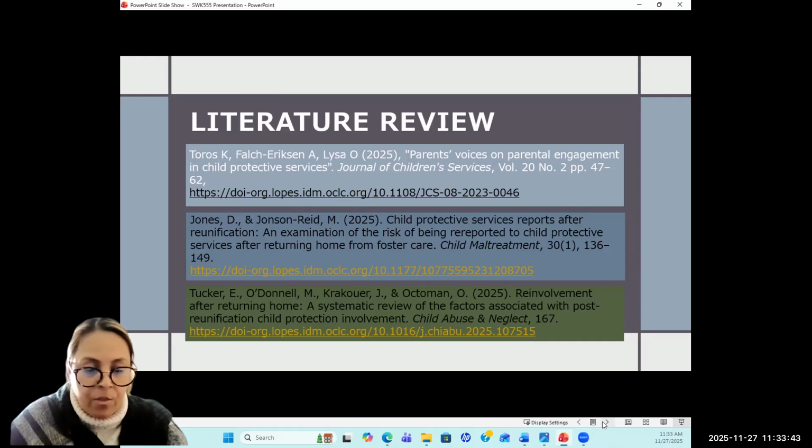The three articles that captured my attention are Parents' Voice on Parental Engagement in Child Protective Services; Child Protective Services Reports After Reunification: An Examination of the Risk of Being Re-reported to Child Protective Services After Returning Home from Foster Care; and lastly, Re-involvement After Returning Home: A Systematic Review of the Factors Associated with Post-Reunification Child Protective Involvement.